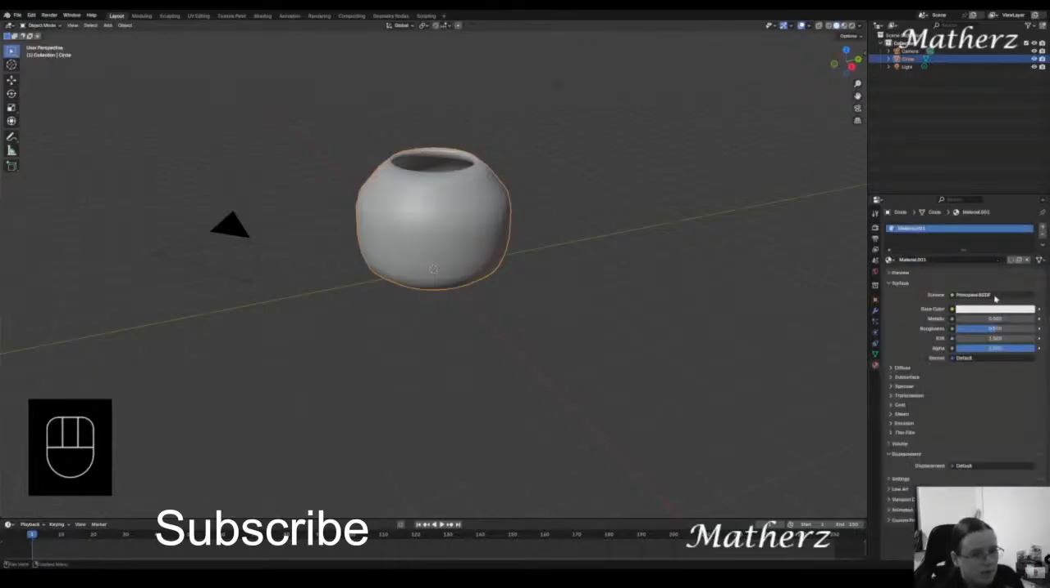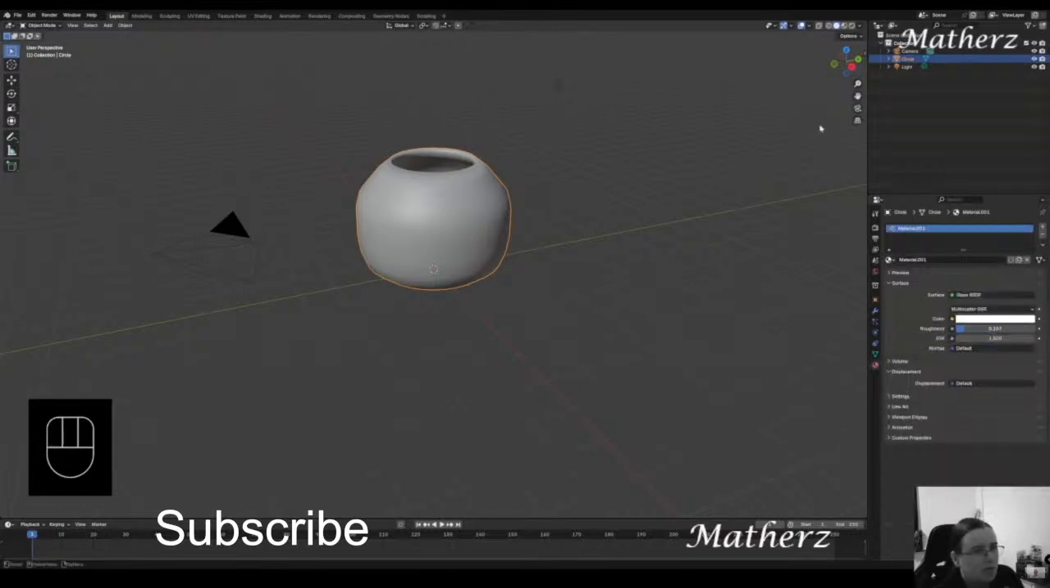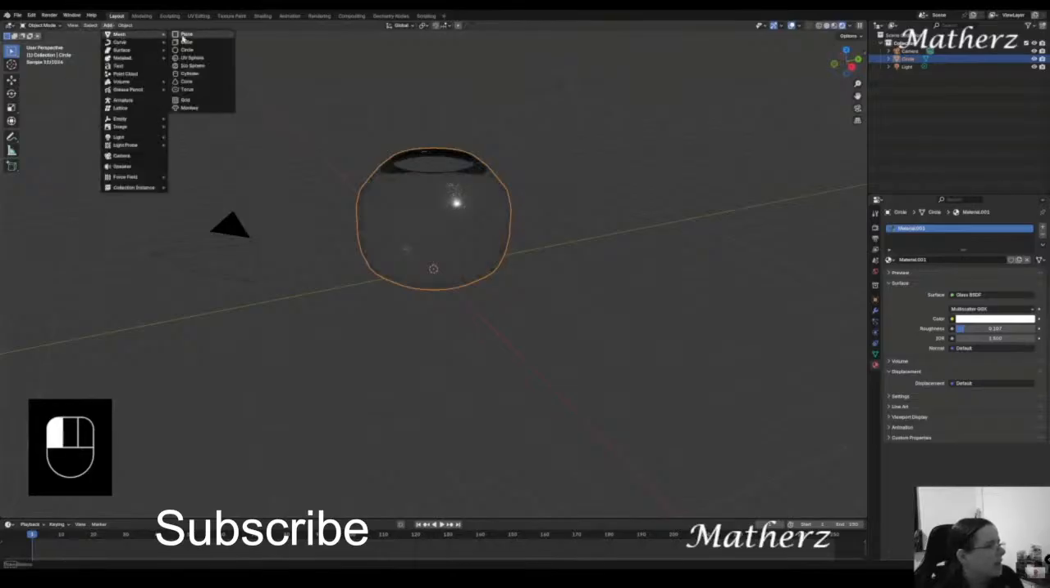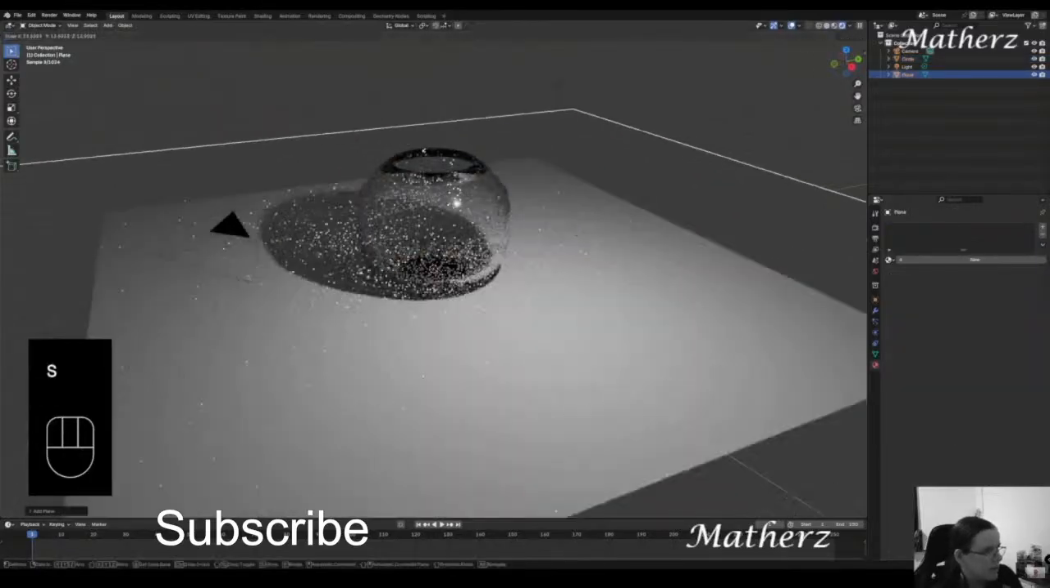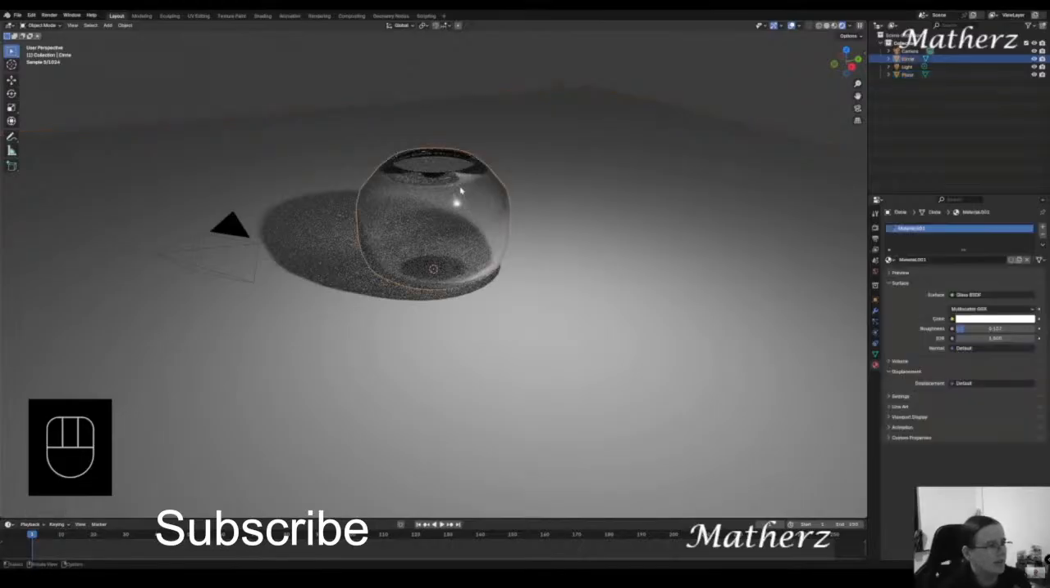Let's go new. We will switch from Principled BSDF to Glass BSDF and take down the roughness. So we should have something like this. Let's add a plane so that you can see the glass underneath. And all we want to do is put a tea-light candle inside of this. So let's go ahead and add